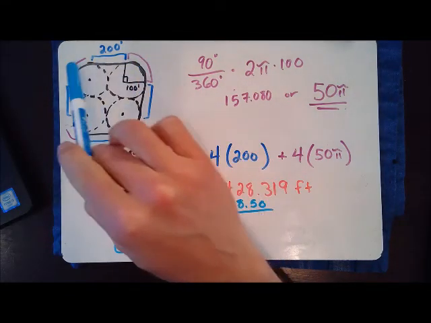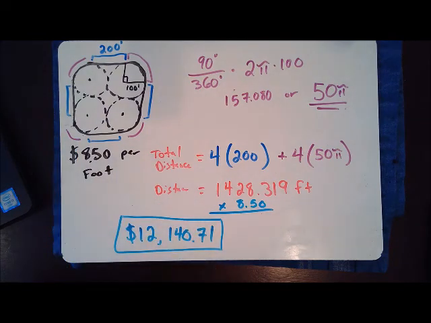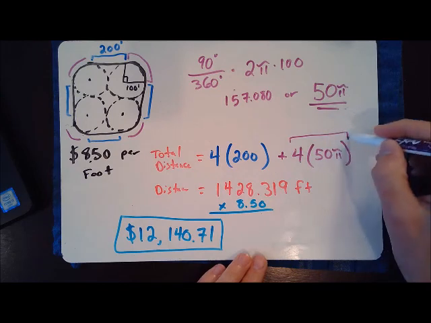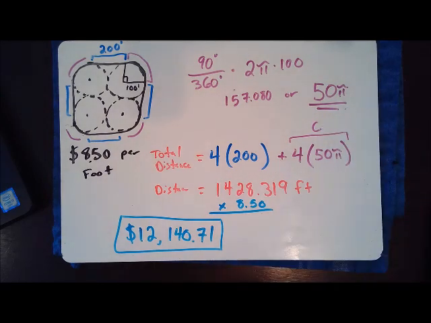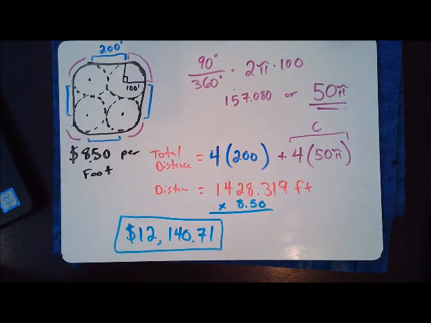Now, one thing to keep in mind before you move on, there are shortcuts in these. Looking at this, there are 4 quarter circles basically included, and of course 4 quarter circles equals 1 full circle. So that 4 times 50 pi is really just the circumference of 1 circle when you piece it together. Also, that 90 over